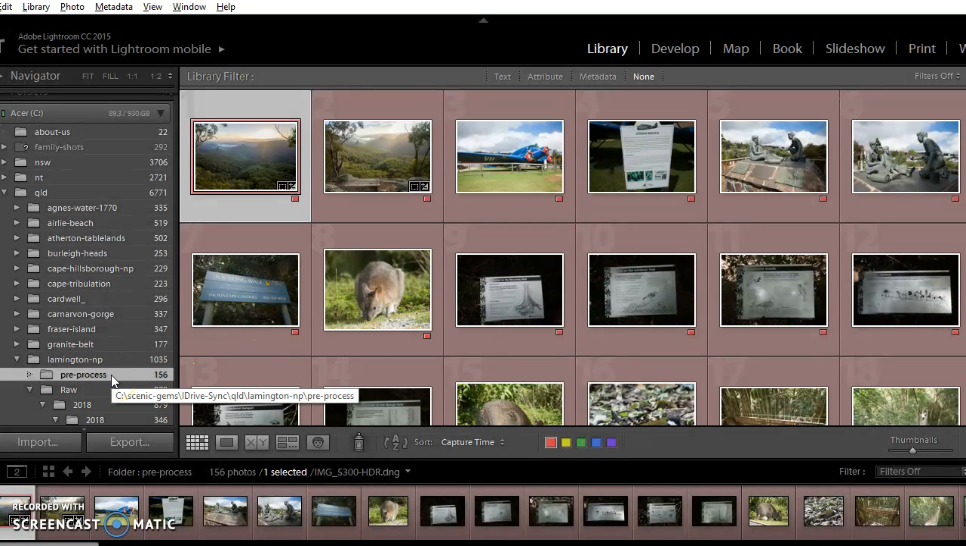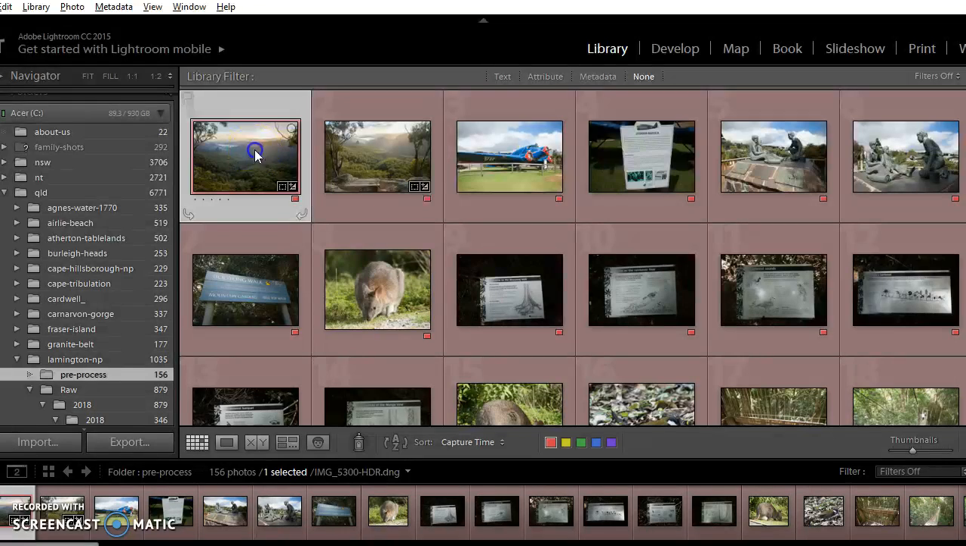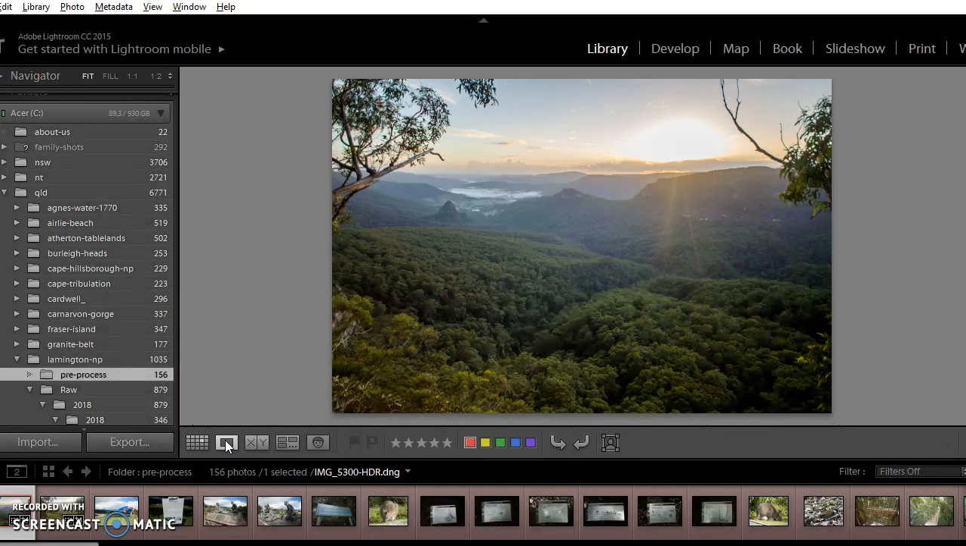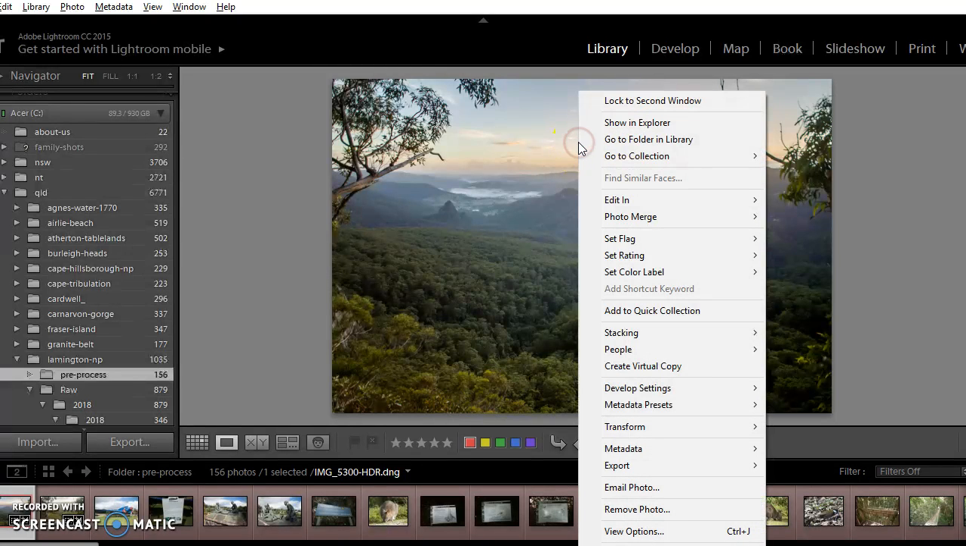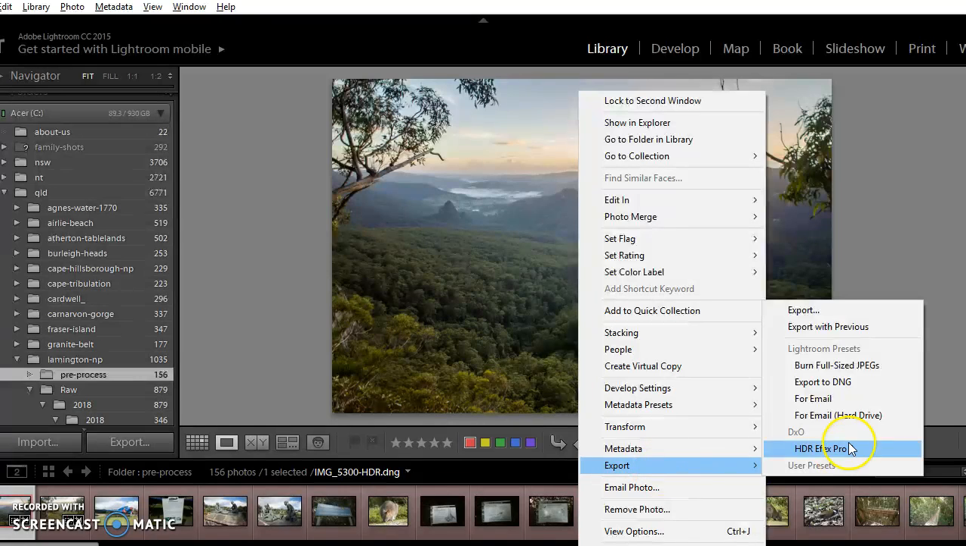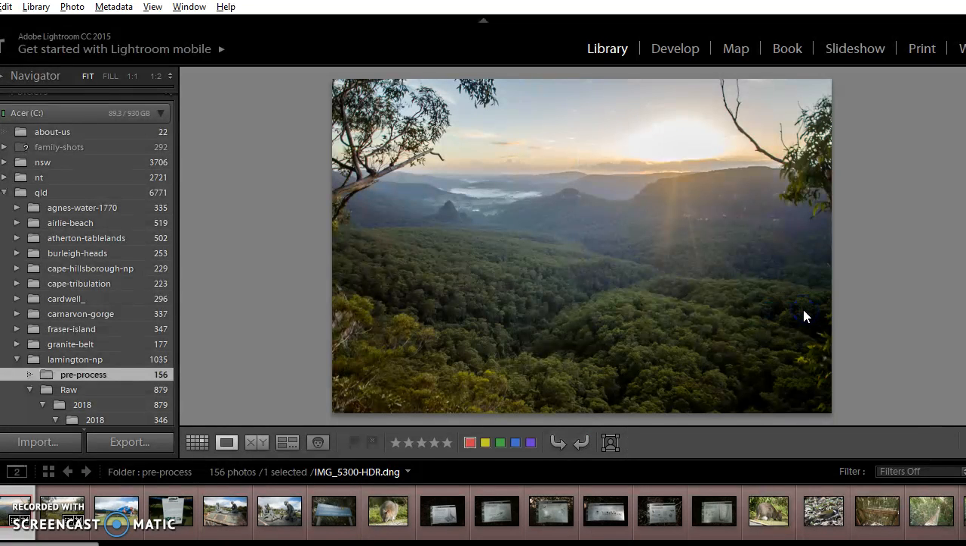So from pre-process, let's say that this file here was the image that you were going to be working on. So you would go into develop, you would make all of your setting changes as I showed you before, and then once you have done that, you will right click on the image and you will export with this option here. Before it was export to DNG, but this time for a JPEG we're going to be using these two, export and export with previous. So if I click on export,